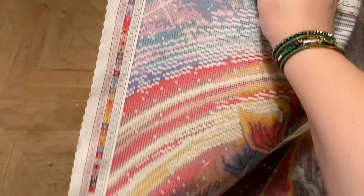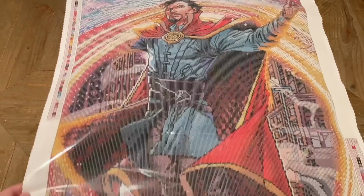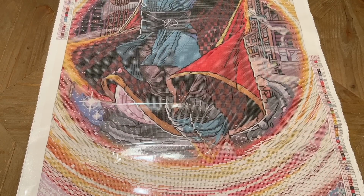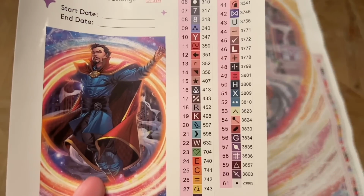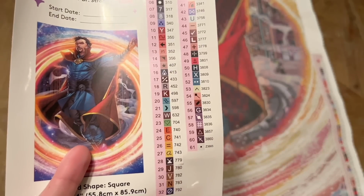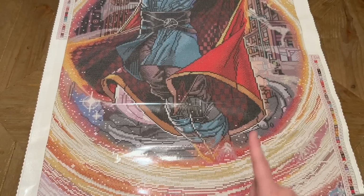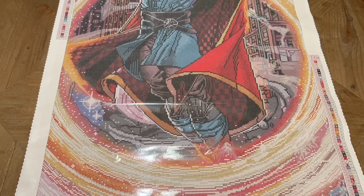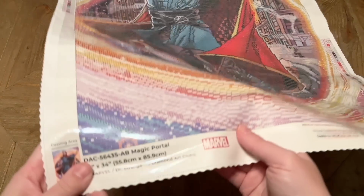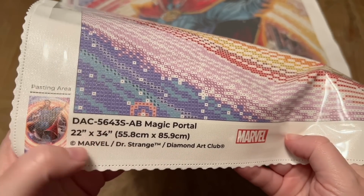We do have this legend or schematic up here at the top left, all 61 colors. And the same over here at the bottom right. I'm one that's going to advocate for using the sticker sheet, putting these pre-cut sticker labels on either bead storage containers, if you kit up into those, or into the Ziploc baggies, and refer to that instead of always having to go look at the legend on the canvas. It's a big canvas. I don't want you to have to travel every time you need to check a color. Here at the bottom, we've got a thumbnail of the original artwork, the name and the size, and then